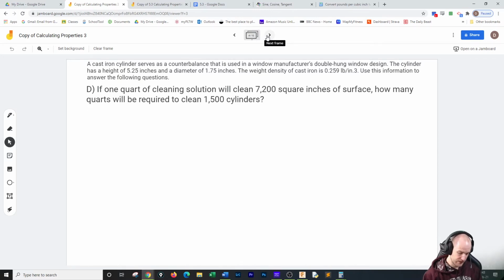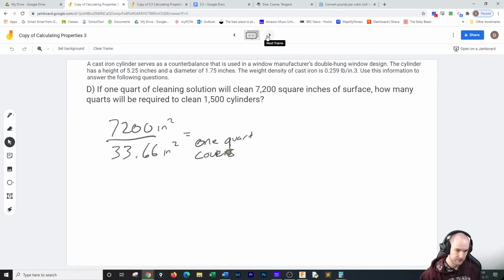So first let's divide the 1 quart number by the surface area of 1 cylinder. So 1 cylinder we said was 33.66 inches squared. So 1 quart